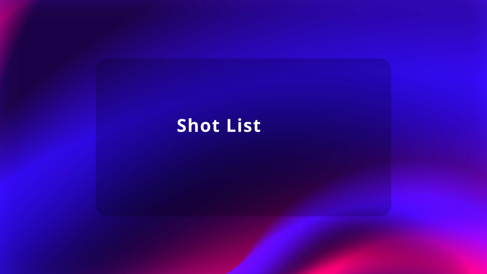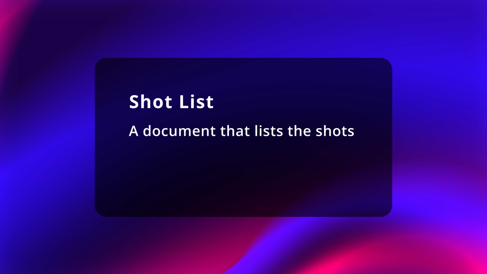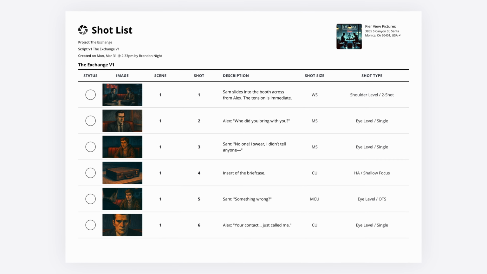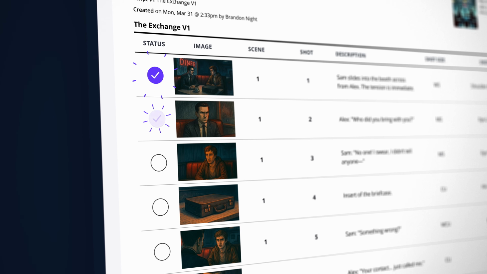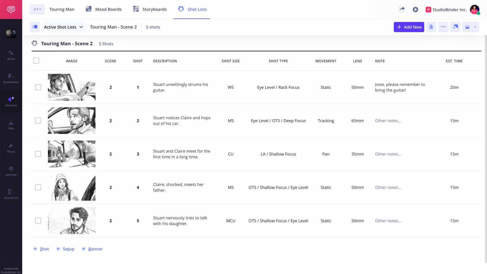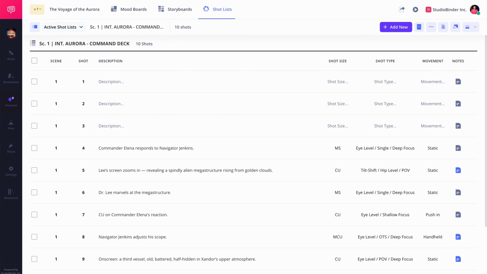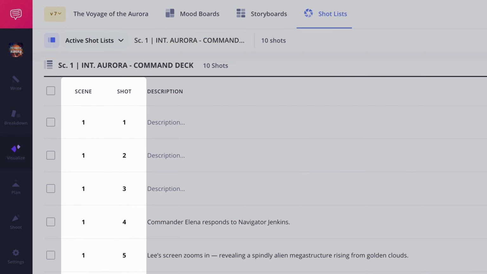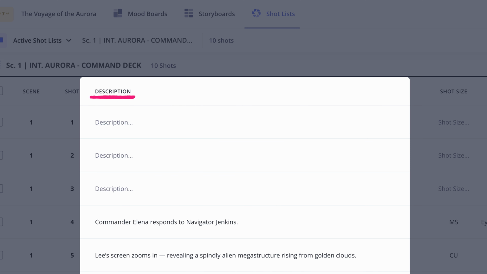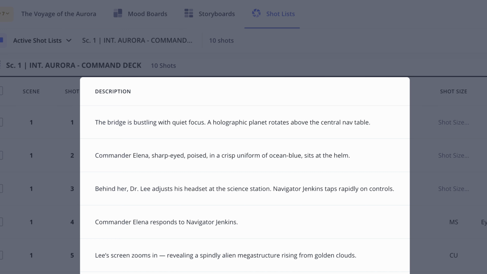A shot list at its core is a document that lists the shots that will be needed for any type of visual project. It's a guide that will keep a production organized and on track, and it can be used as a checklist for the film crew. While shot lists will vary from production to production, you'll typically find the following basic information: the scene and shot number, a brief description of what's happening in the shot, like what action or moment you are capturing,